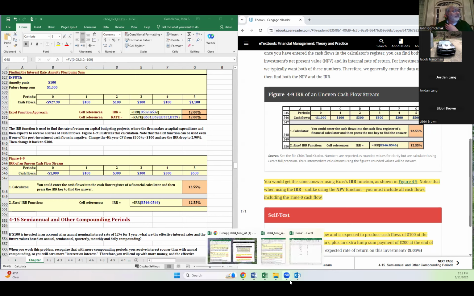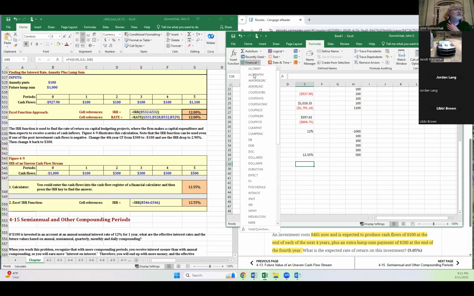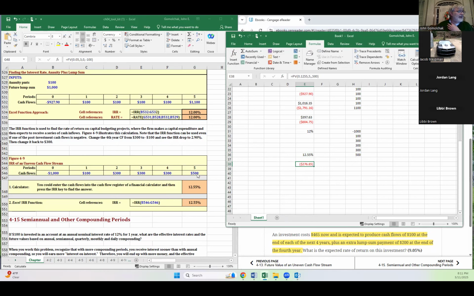Call it 12.55. Let's just do it for the heck of it. Present value. So if we were going to take 0.1255, number of periods 5, no payment, future value is 500, no type. That $500 in the future is only worth